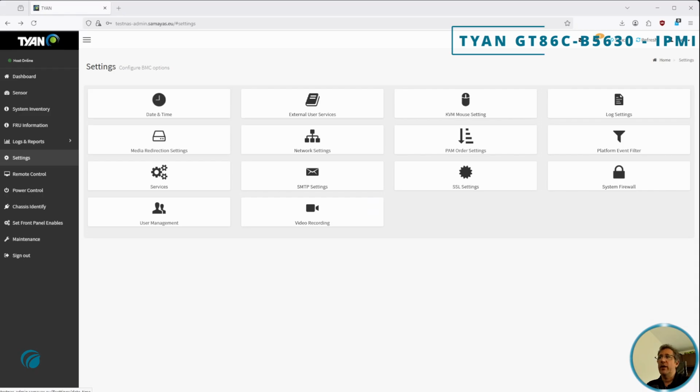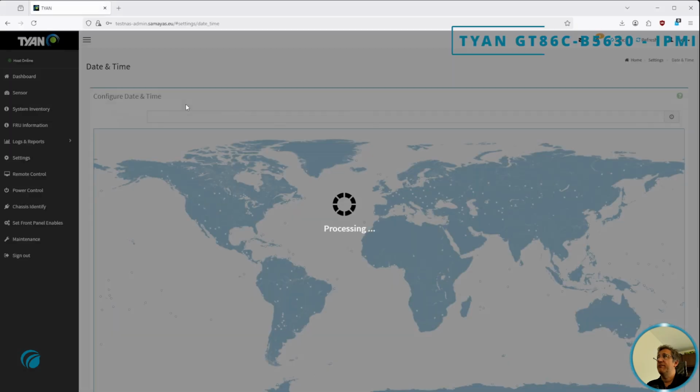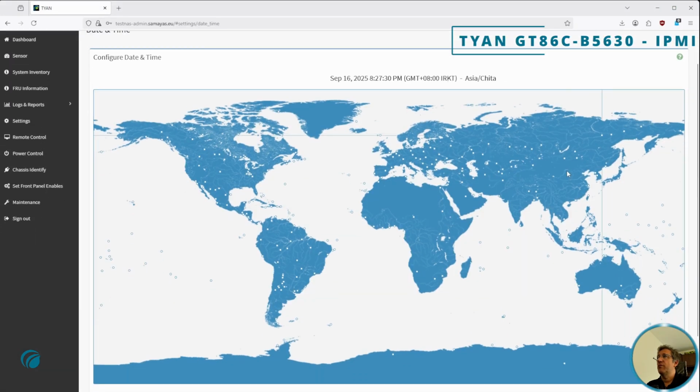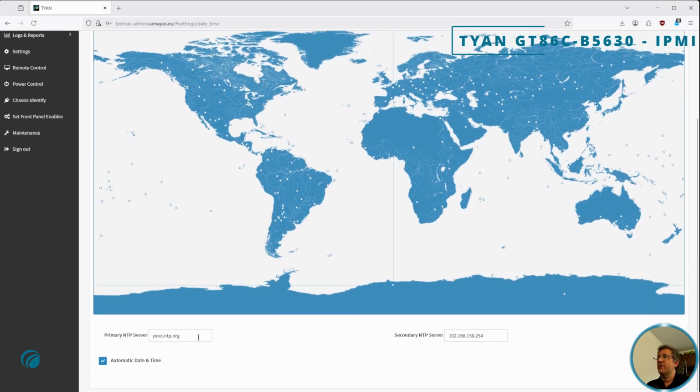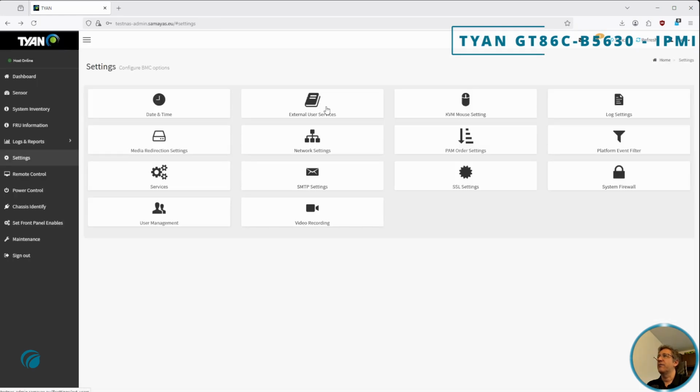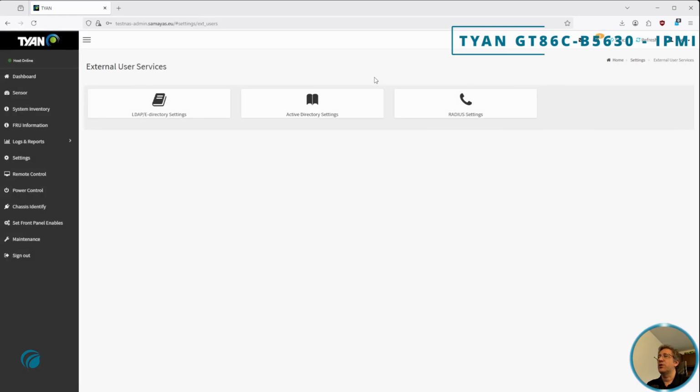Next off, we have the settings, and here we have quite a number of options. First we have the date and time, and if we click through, based on the map, we can choose in which region we are located, and then we can specify 2 specific NTP servers, and we can choose to automatically configure date and time. The second block is the external user service, which allows us to configure external users to